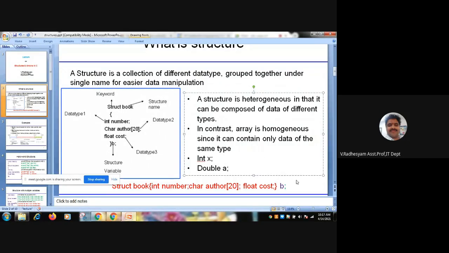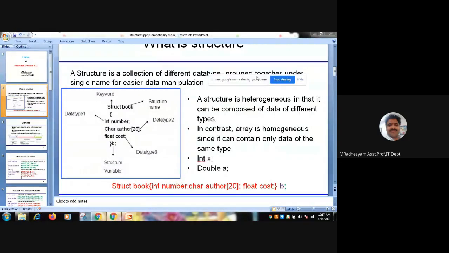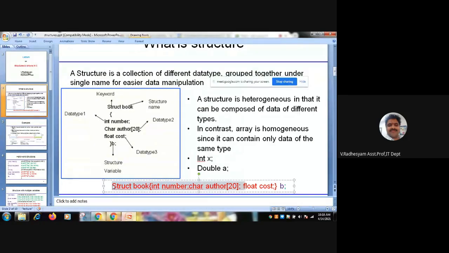Likewise, here B, here you imagine whatever the double a semicolon. Likewise, here I have written in a red color, this entire red color which is packed together.